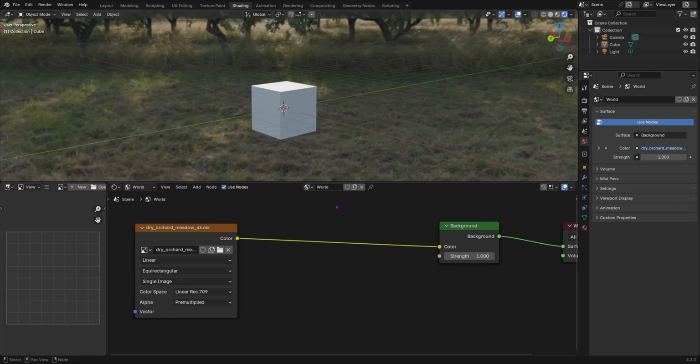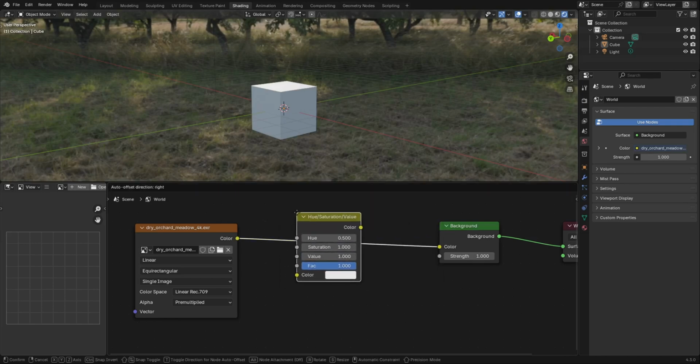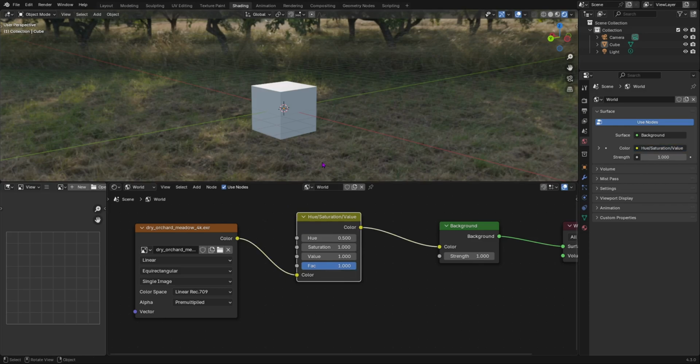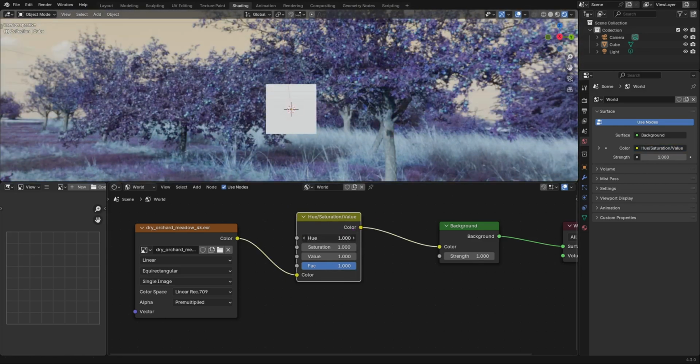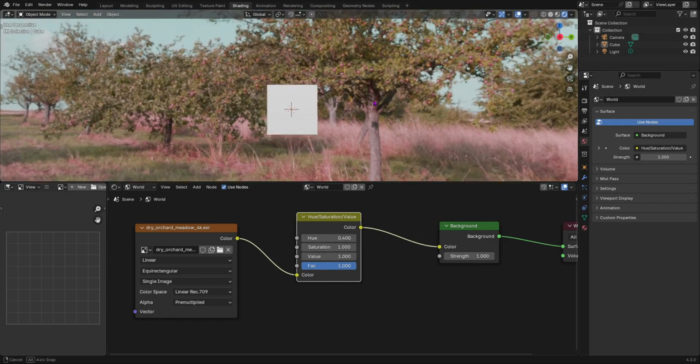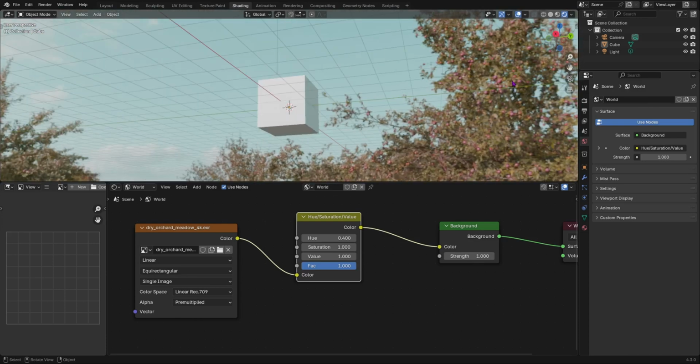The node that I usually use is the hue saturation value node. This is the one that I use to alter the HDRI image because it has lots of cool effects. So if I move over here, you will notice that if I change the hue, it will change the color, and I really like this. For example, if I change this to like here 0.4, you will see that this will turn pink, and I really like this. And because of the trees, I think the fruits on the trees will also change the color,